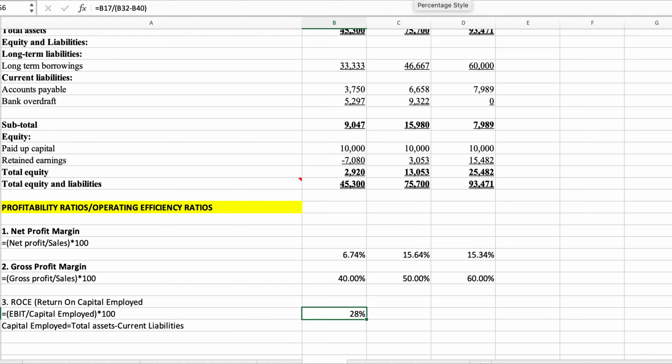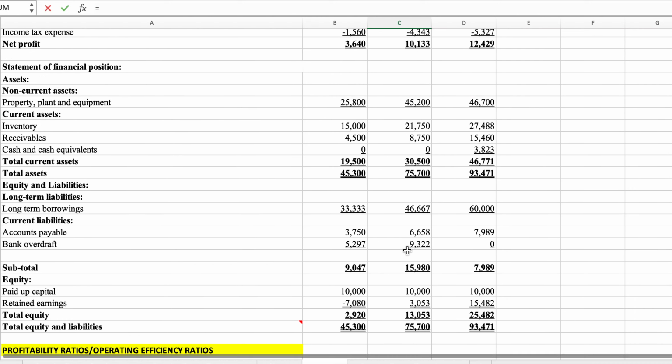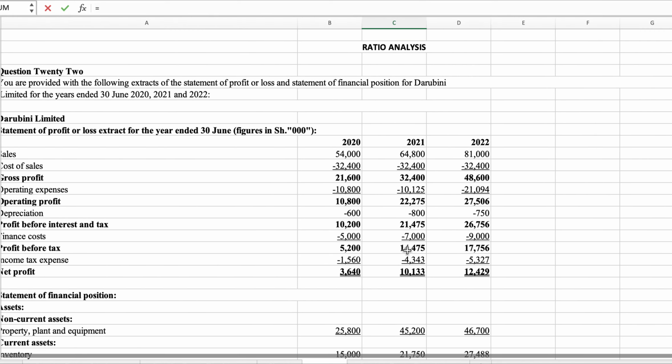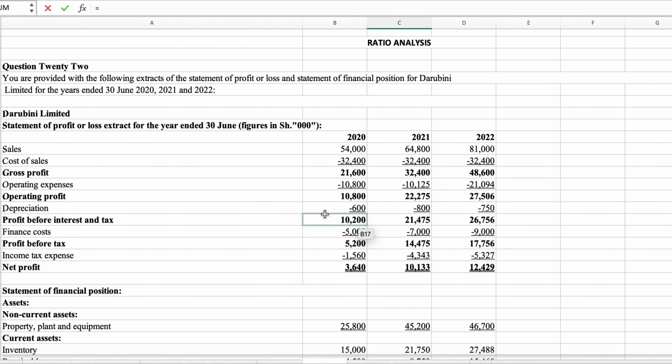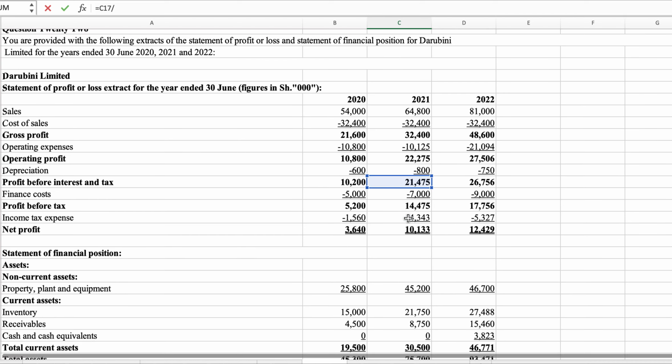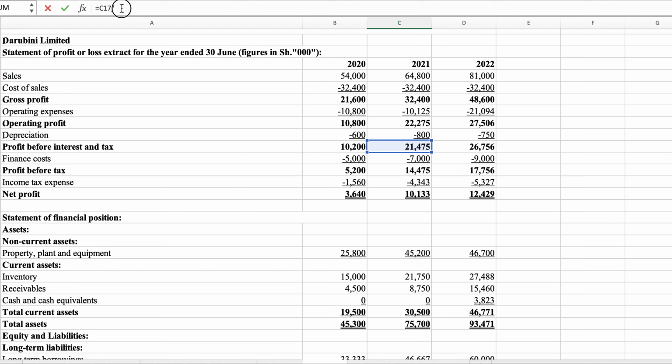But if you're using Excel, you can just use the percentage icon and then you round off to 2 decimal places. The same applies to the other year, where you'll just say is equal to our EBIT, which is here. Where is it? Earning before interest and tax. Here you divide by the capital employed. So you open a bracket,